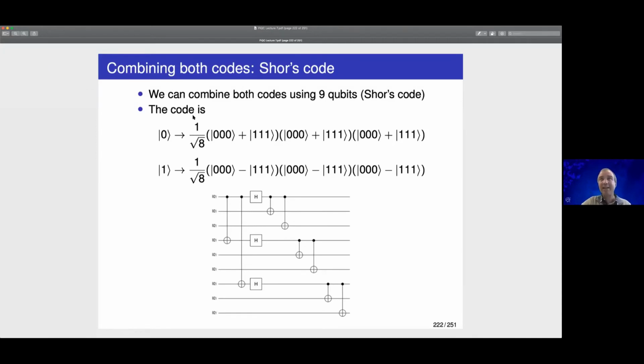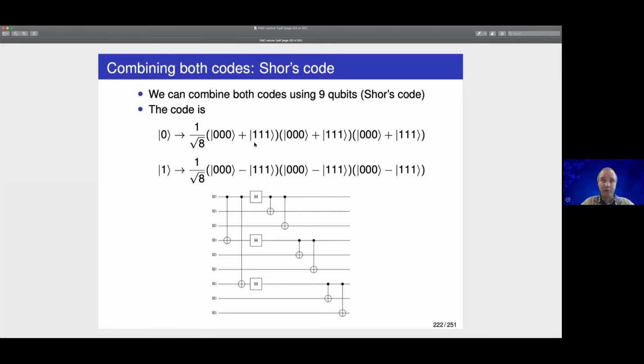In this case, I need to use 9 qubits. This is not the least amount of qubits that I need in order to protect against both kinds of errors. There are other quantum error correcting codes. In fact, there is one with 5 qubits, which protects against both kinds of errors. That is the minimum possible. But I'm going to show this one here because it's easier to understand with what we know about the other